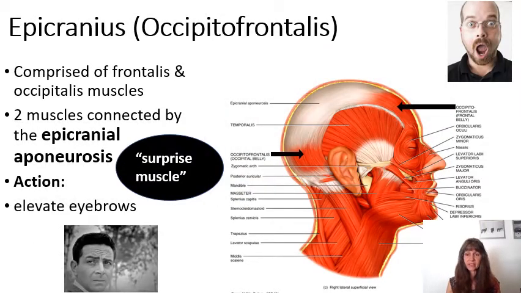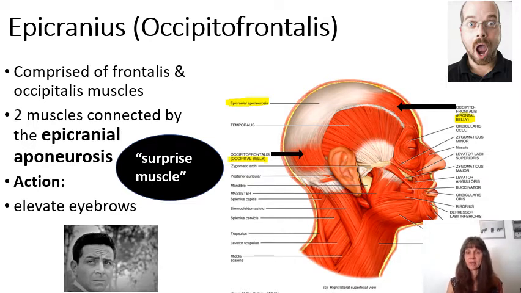We're going to take a look at some of the muscles involved in facial expression, starting with Epicranius, which is also known as Occipitofrontalis. Occipitofrontalis is named so because it has an occipital belly. The belly is the thick portion of a muscle. The occipital belly is located near the occiput. There's also a frontal belly of Occipitofrontalis right over the frontal bone. These two muscle portions are connected by the epicranial